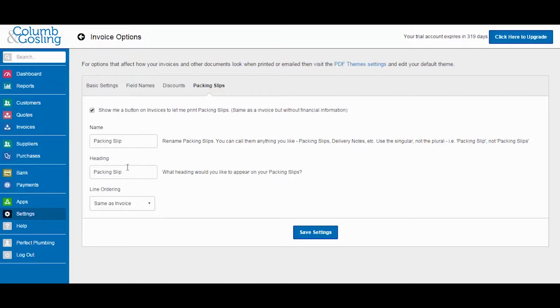And then you can choose the heading and also the line ordering, whether it will be the same as the invoice, by quantity or by description, and how you want that listed. Once you've done that and you've changed the relevant settings and you're happy with that, just click the Save